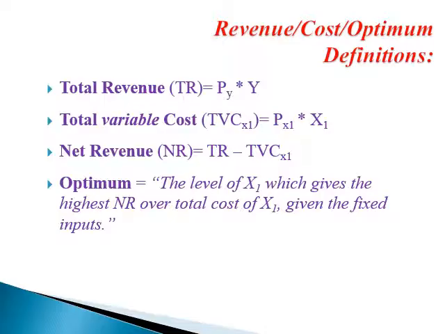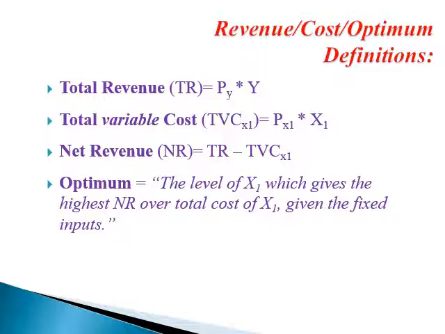This is what I mentioned to you before: total revenue, or total receipts, or total value product. Total revenues, total receipts, total returns, total value product, all that is the same. It is equal to the unit price of output multiplied by the amount produced of output or amount sold of output. Here we assume in our analysis that what is produced is already sold. There is no storage of anything, just to make things easier. Total variable cost, TVC of X1, will be equal to the unit price of X1, or marginal factor cost of X1, times the amount used of X1.